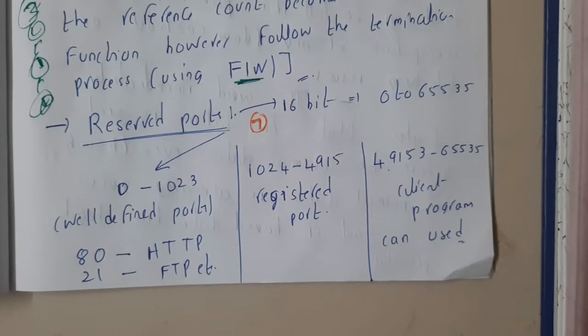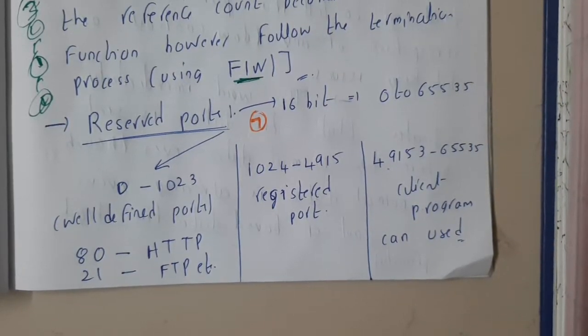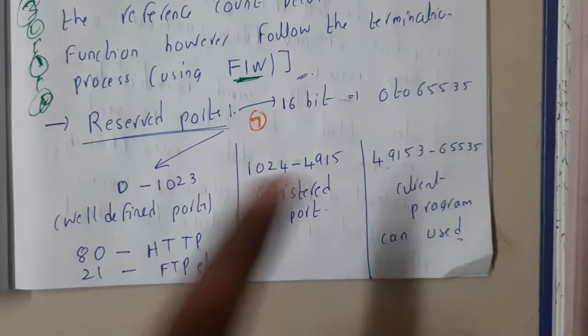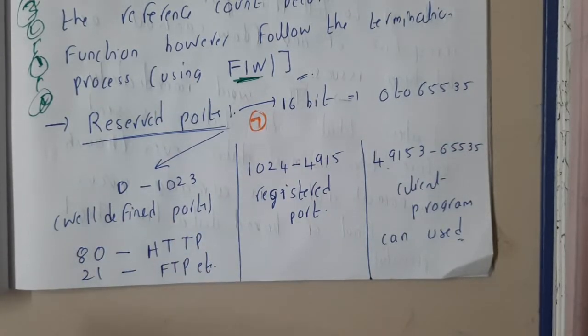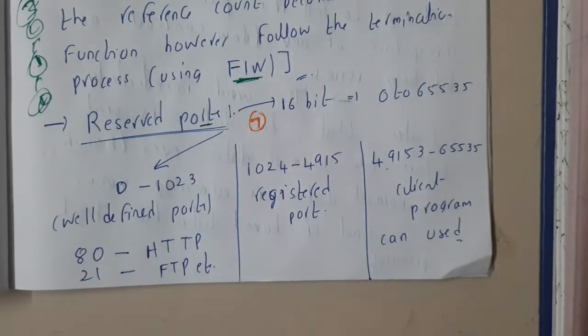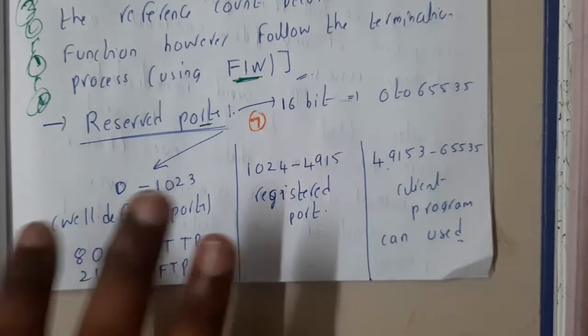In this lecture, let us go through reserved ports, guys. Basically, about reserved ports and all these things, we did discuss previously. That is the reason why I'm just giving you a small introduction here, so that you can write in your own words and explain it. We know about ports, right? In the transport layer, like in the fourth unit and third unit, we discussed these things in detail, right?